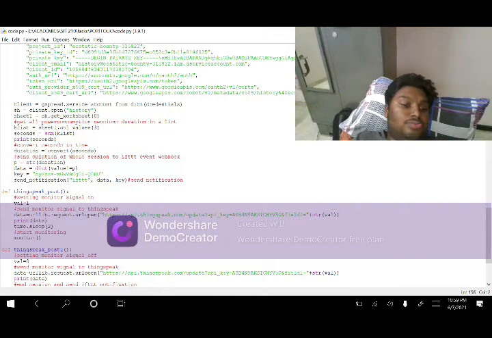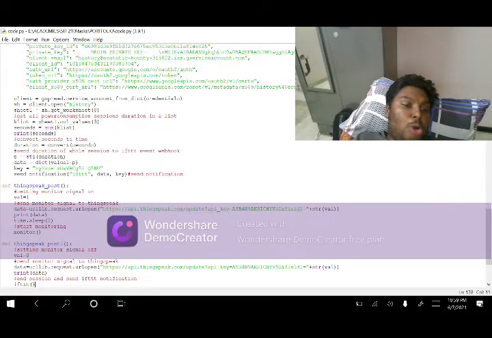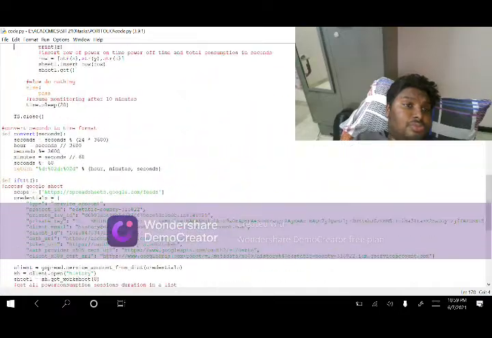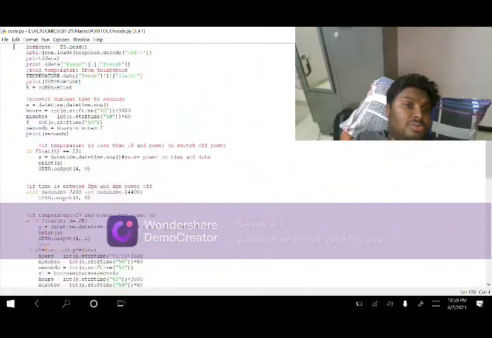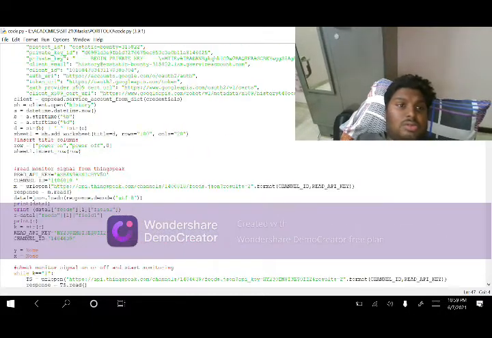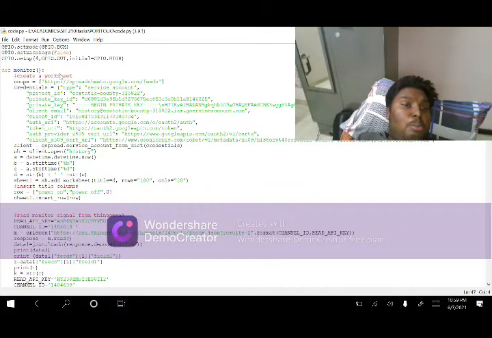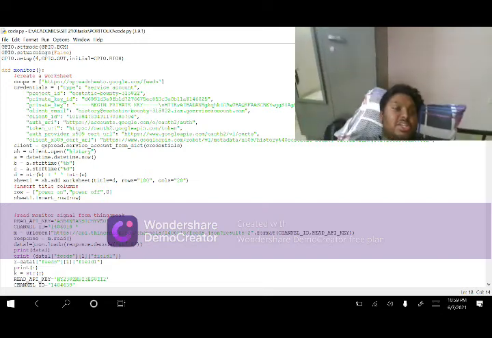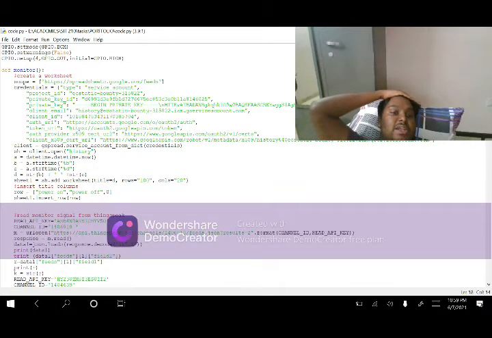And now we'll move to the monitor function. Monitor function first creates a worksheet. I had already created a spreadsheet called history, and now I'm creating a worksheet using scope, credentials.